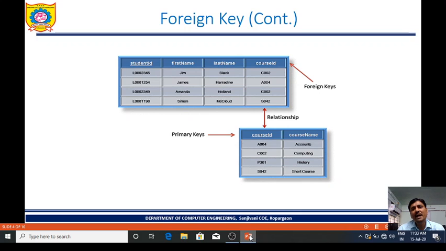Now we have added course ID attribute in first table student, but course ID is primary key in course table. So course ID will become foreign key in student table, and these two tables are going to create relationship with each other. Course ID attribute will become foreign key, and the same attribute is a primary key in course table.